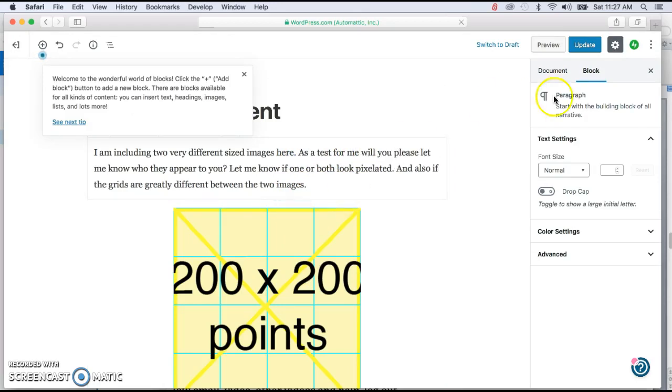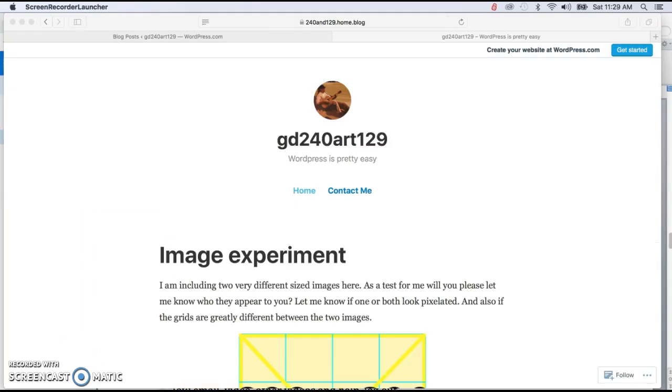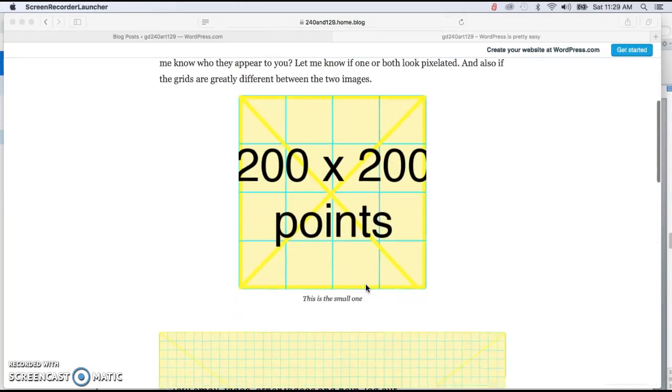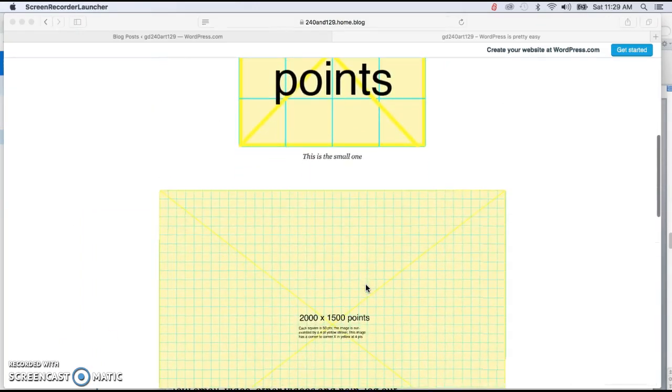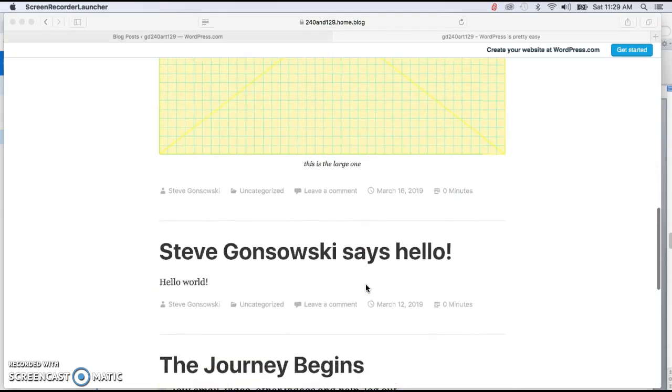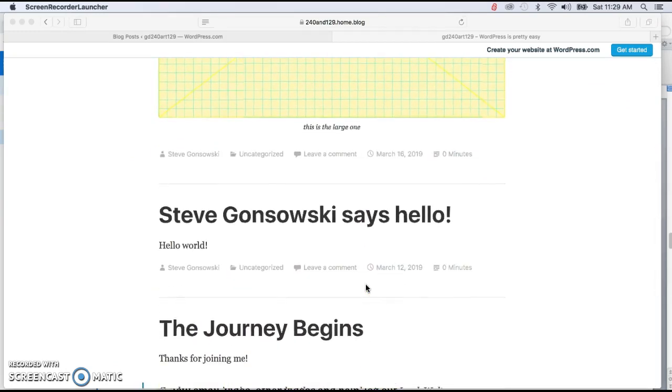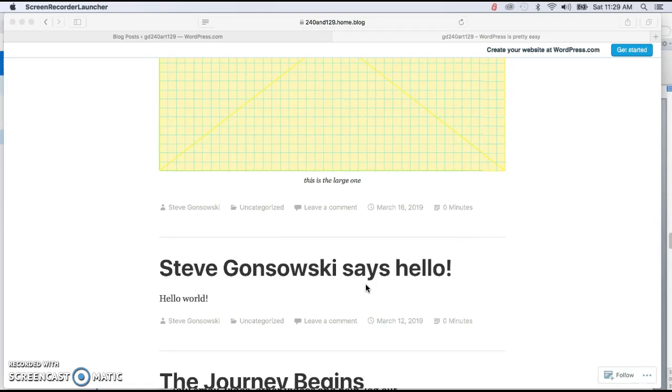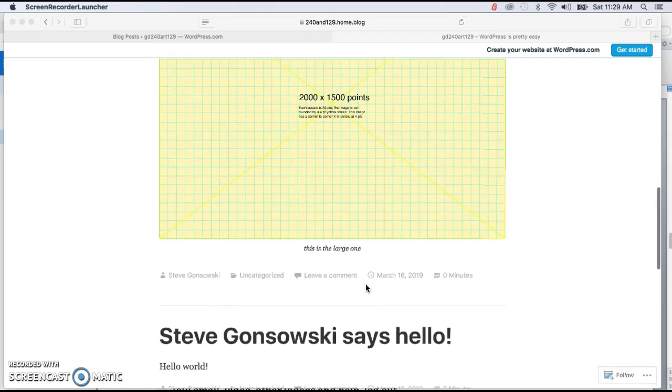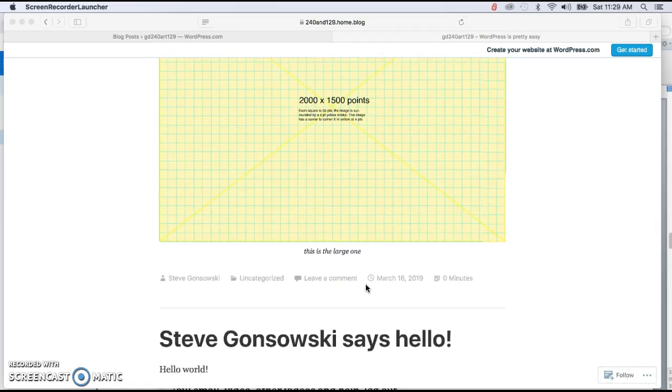Once I've made them, I will click update, and this is what the world will see now. Okay, so once you have your post made, now you're waiting for people to comment on it, and you're going to go out and comment on other people's blogs. So what you're looking for, depending on what site they have, is something near the bottom of their blog post that says leave a comment. You're going to click on that,